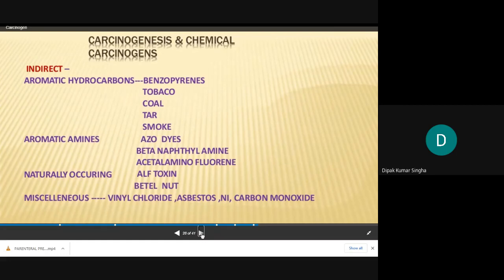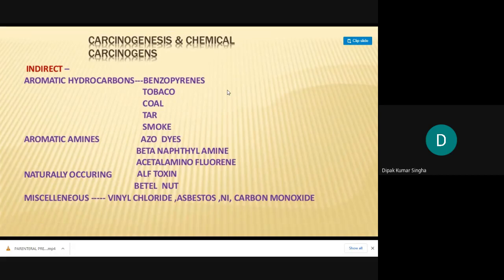So, carcinogens and chemical carcinogens. What are the different classes of chemical carcinogens? Especially these are the agents which produce cancer. The aromatic hydrocarbons like benzopyrene, which is present in cigarettes, tobacco, coal tar, and smoke. These aromatic hydrocarbons produce some cancers. Aromatic amines like azo dyes, basically all dyes are carcinogens, but azo dyes especially, and beta naphthylamine, acetylaminofluorene, and naturally occurring